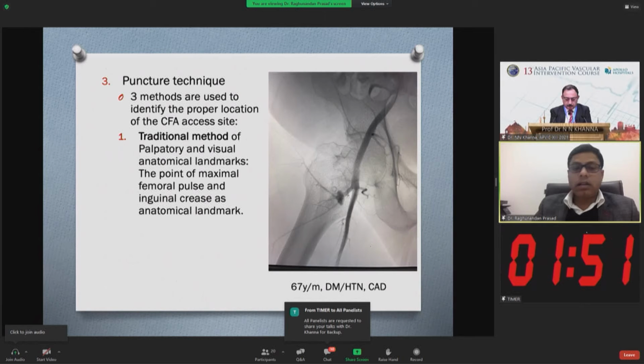So actually, there are three methods which are used to identify the proper